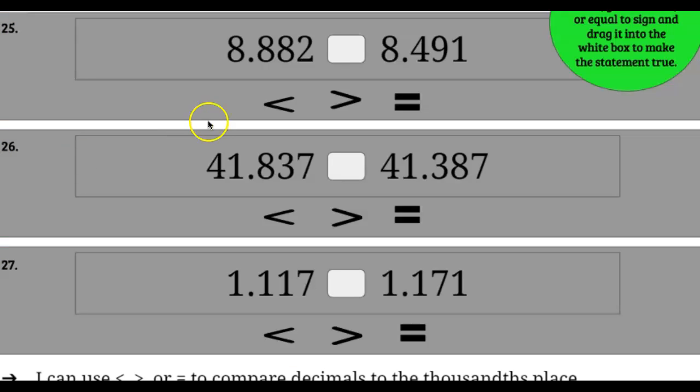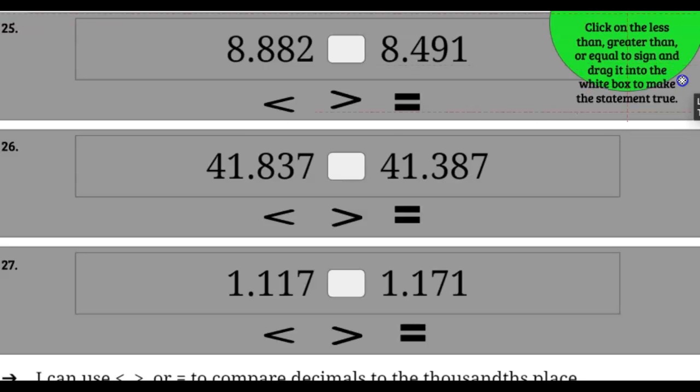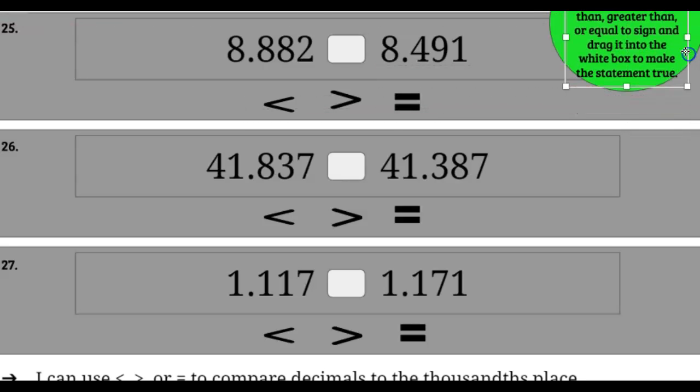All right, moving on. This one. Click on the less than, greater than, or equal to sign, and drag it into the white box to make the statement true. So this is comparing decimals to the thousandths place. Remember, you always want to start with the digit furthest to the left. So I want to see if I can